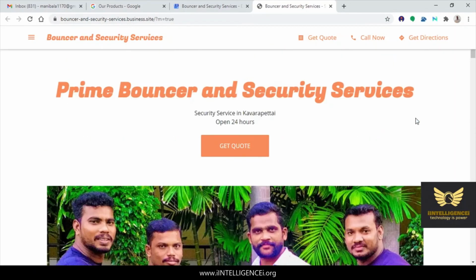This is the pakka site. It is a free site. All businesses can utilize this site. It is called Google My Business. The only thing is you just need to have a Gmail account and a business premises. If you don't have a business premises, Google cannot verify, and you cannot continue the free service. And Google will now send you a verification.